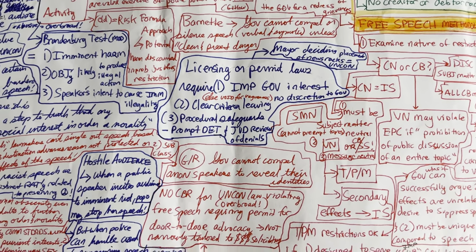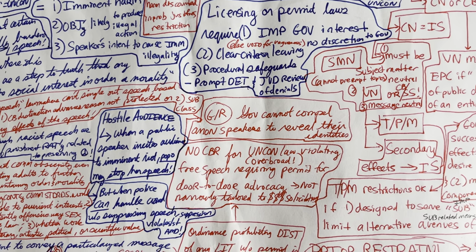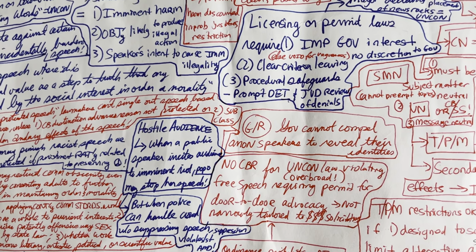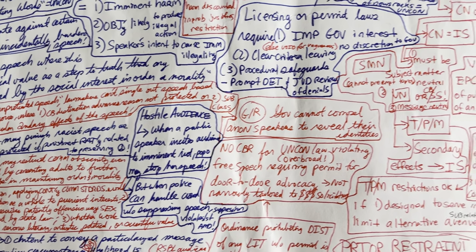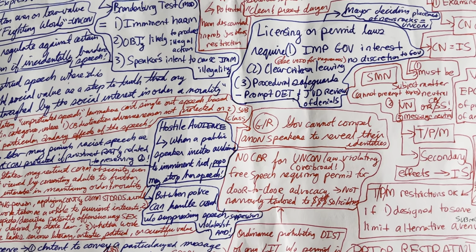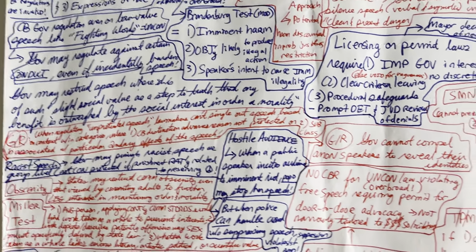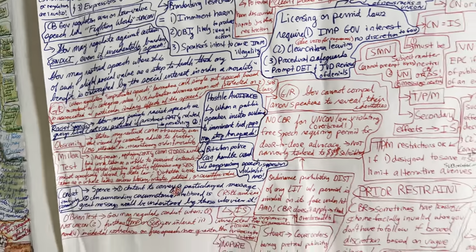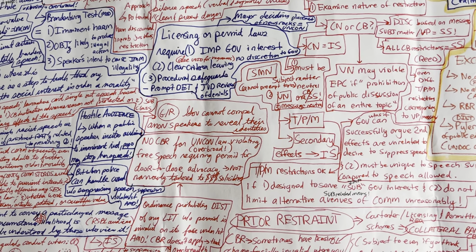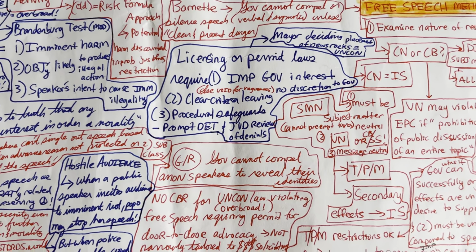So content neutral usually will get intermediate scrutiny. Remember that the subject matter cannot preempt the topic; it has to be viewpoint neutral, or it's going to get strict scrutiny. And it has to be message neutral. So this is all part of the umbrella of subject matter neutral. We don't want to target certain speech or certain words. We want to really look at the nature of the restriction. And so you might have strict scrutiny apply or intermediate scrutiny based on that determination, if it's found to be content neutral or content based.